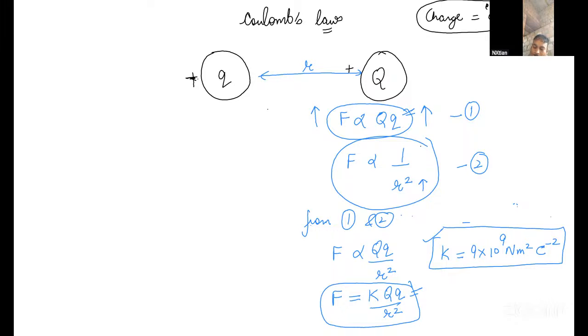According to Coulomb's law, the magnitude of the force, you can write value in bracket, of attraction in bracket or repulsion